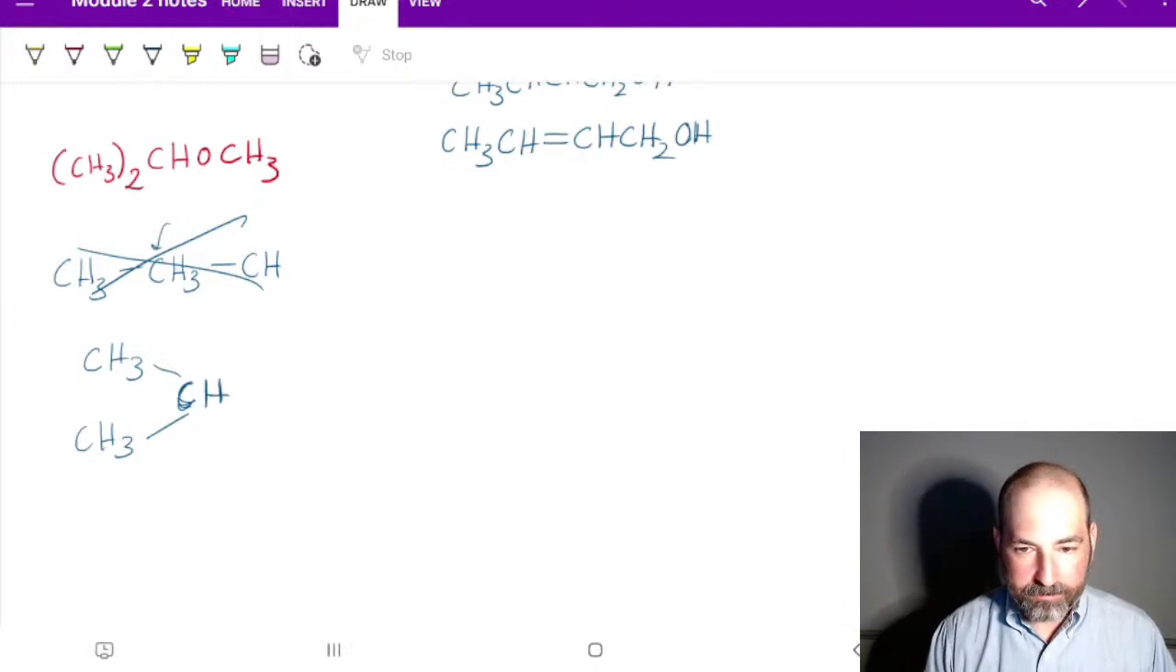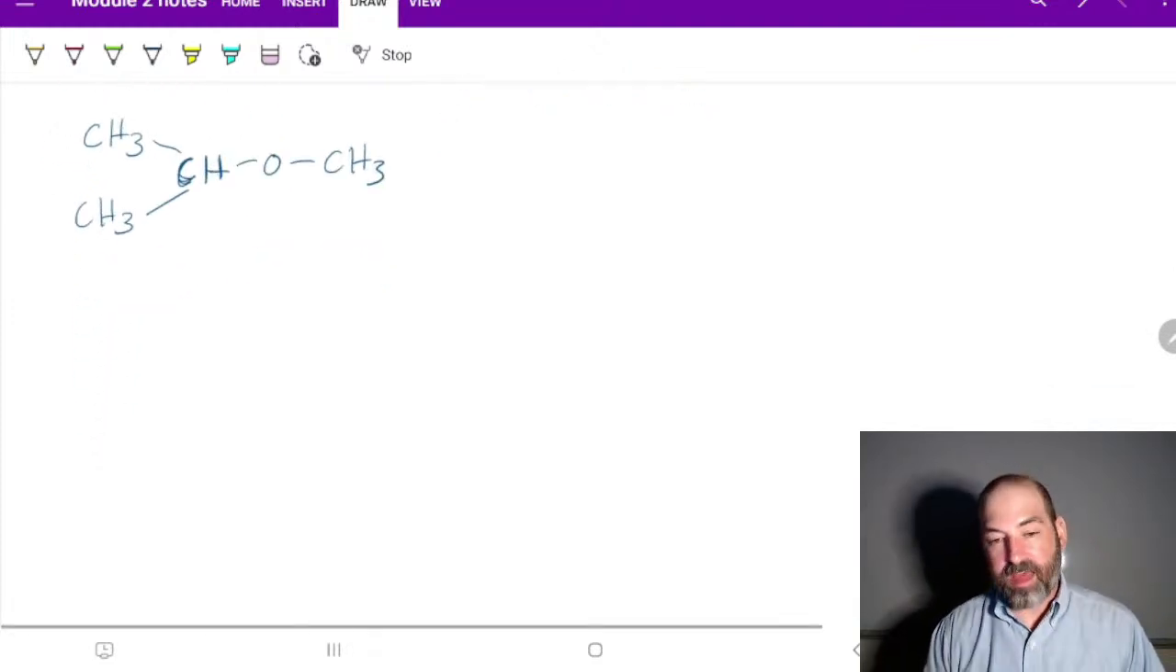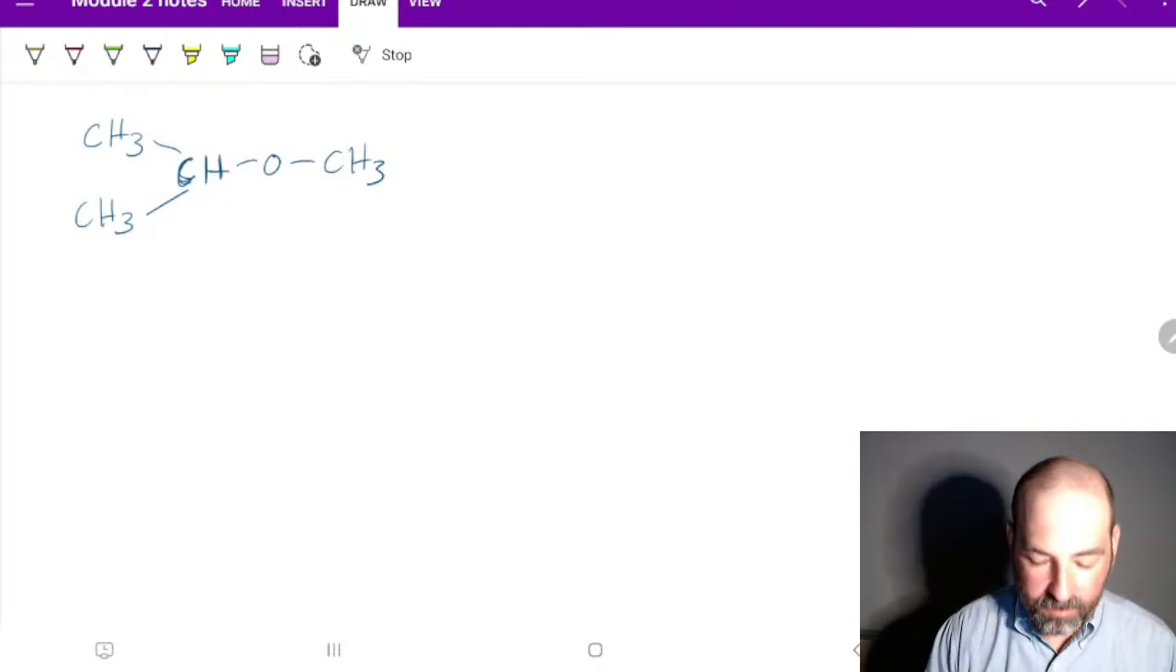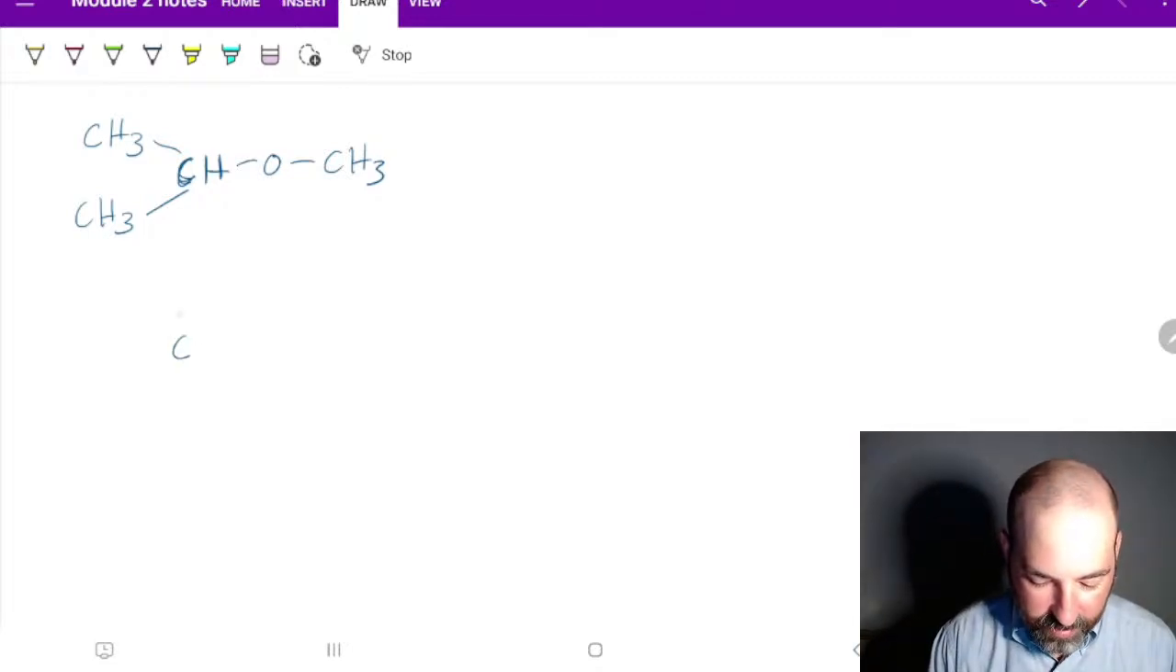So now that we've got that, we can put in the rest of it. And now that we've got all that, we can turn it into a full Lewis structure by drawing everything out properly. So something like that,